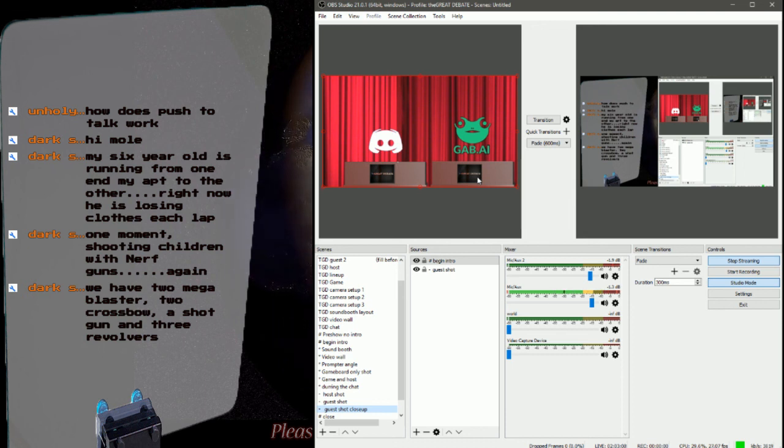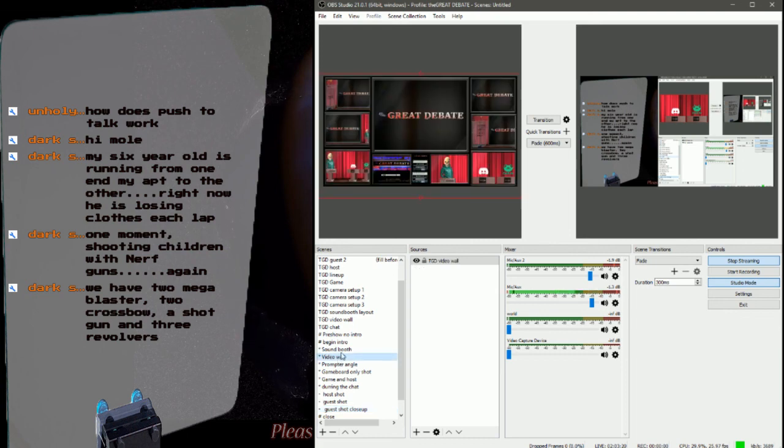I sat here for hours looping these back and forth to make it look like an actual produced show. So when you go to the video wall, 3 of the screens on it are camera shots, the TGD camera setups that I made, that look at the stage at different angles.